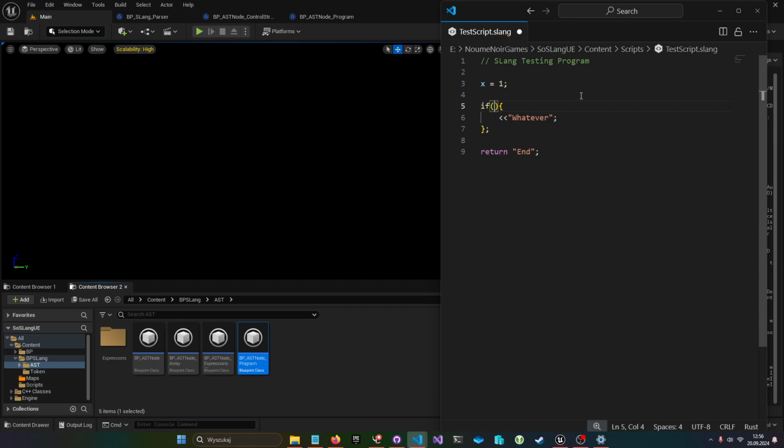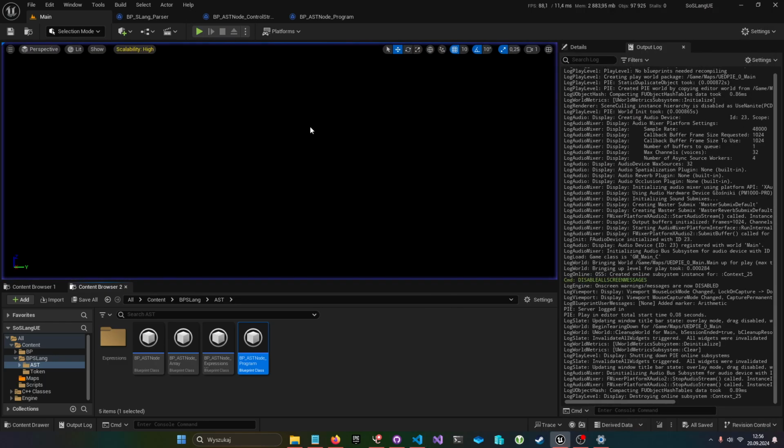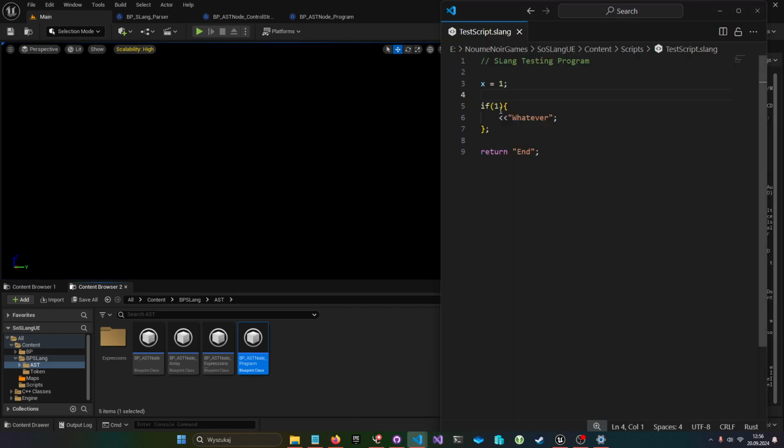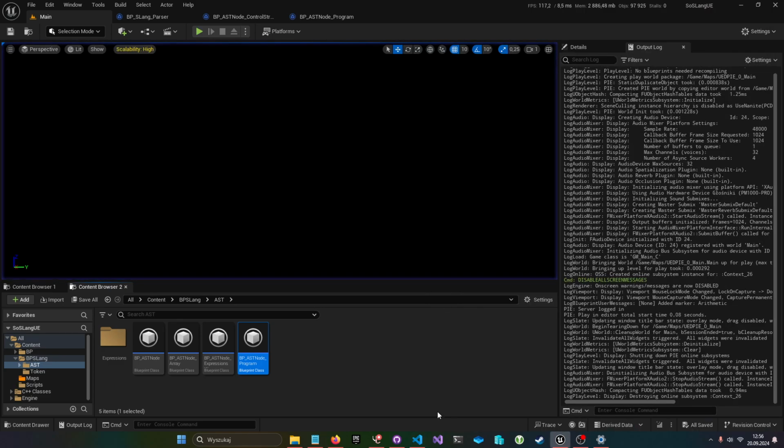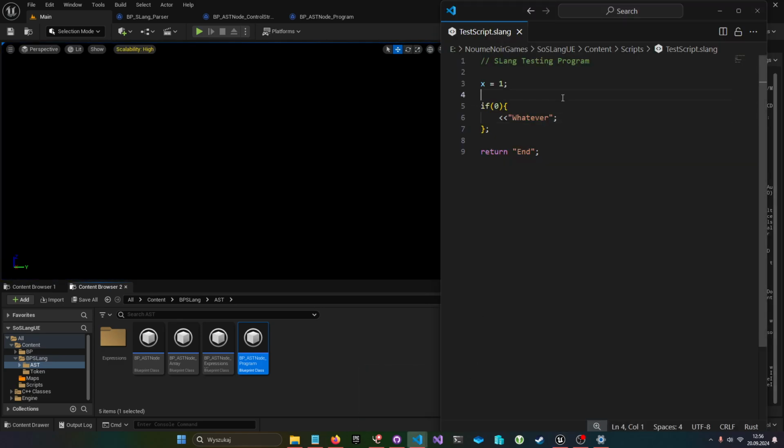So if 1, then yes, and if 0, then false. Just as simple as that. And this simplifies a lot of calculations. I don't have to make new keywords and interpret those keywords for what will be an integer anyway. So just do this, right?